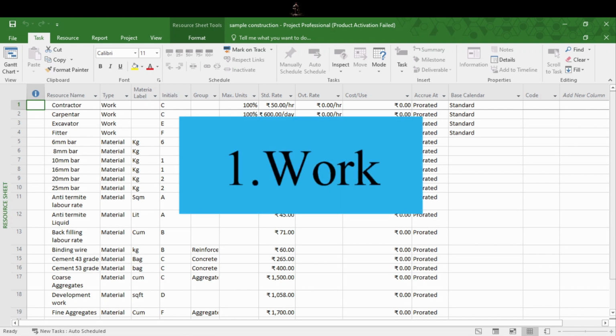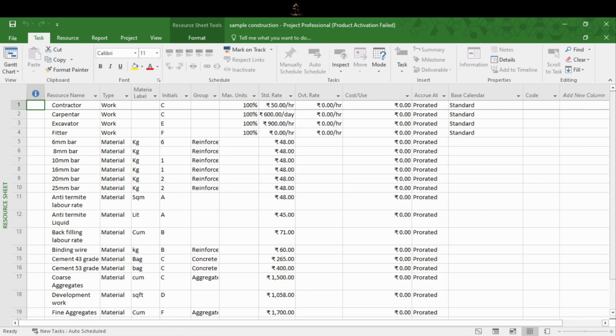First one is work. Time is what distinguishes work resources from other resource types in Project 2016. For example, people and equipment are work resources because you track their participation by the amount of time they spend on the project. Whether you are assigning people to direct tasks or renting equipment for an event in your project's tasks depends on when those work resources are available, how much time they have and how much they cost for a period of time. Take a look at examples I have created here.